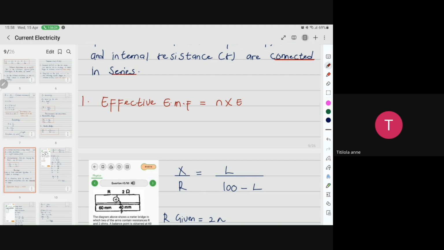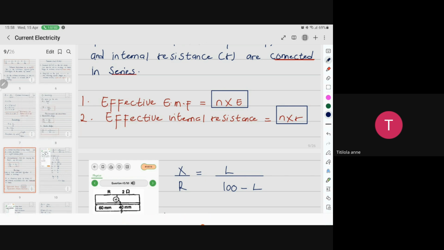Now, 2, the effective internal resistance will also be equal to N times R. Remember that your R is your internal resistance. Hope it's making sense. So this is what we make use of if they are in series. No matter how many they are, you make use of that. If they are in series, this will give us what we need right here. But if they are now in parallel,